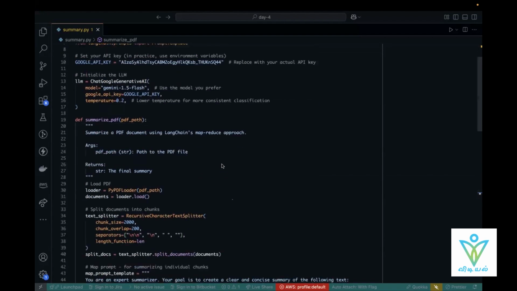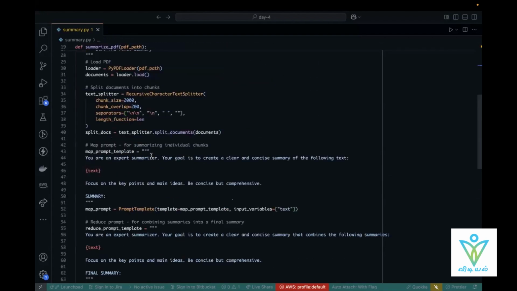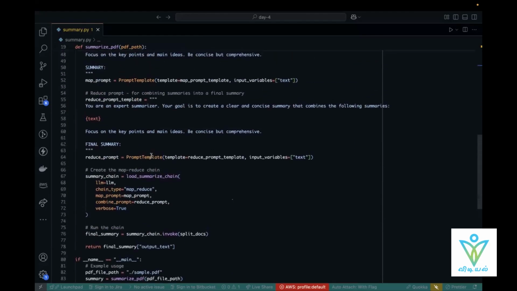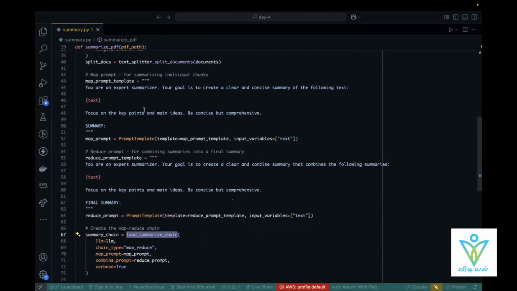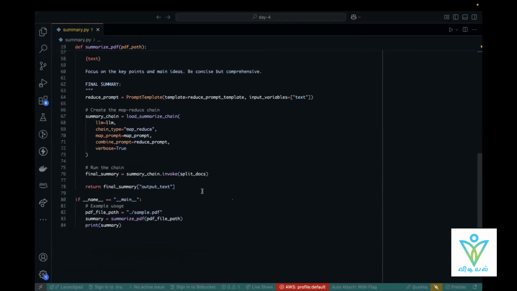So a couple of things. I've used the Gemini Google model, yes. The summarization feature is not provided by Google themselves. This is from the LangChain library. So that is one thing. And the other thing is